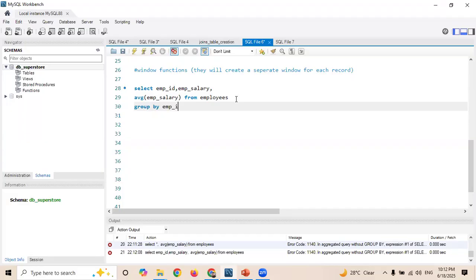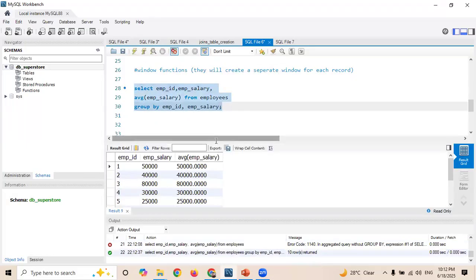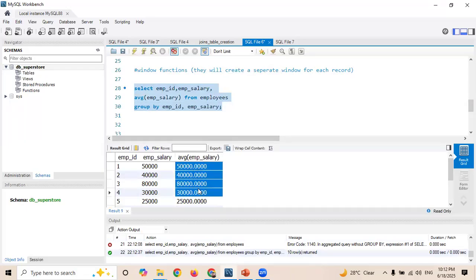and then I will write the individual columns which I have mentioned in my query, like employee ID and employee salary. And now I can see the aggregated function along with my average salary, right? But here you will find the average salary,